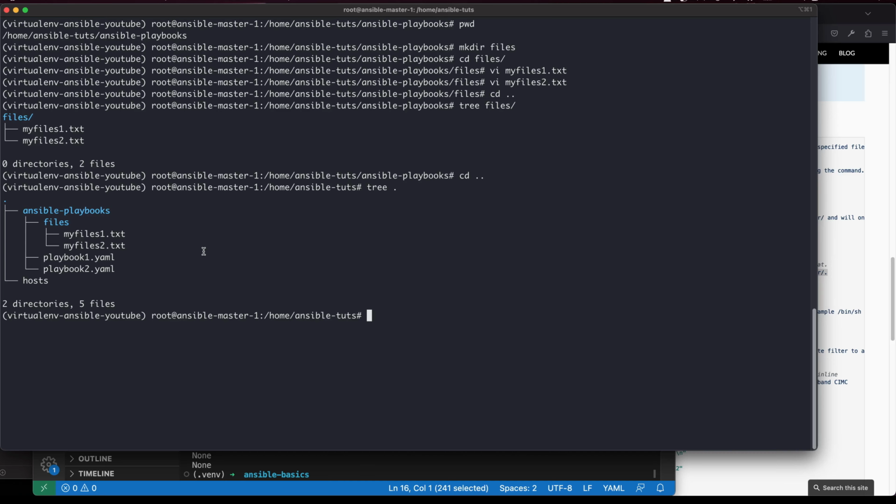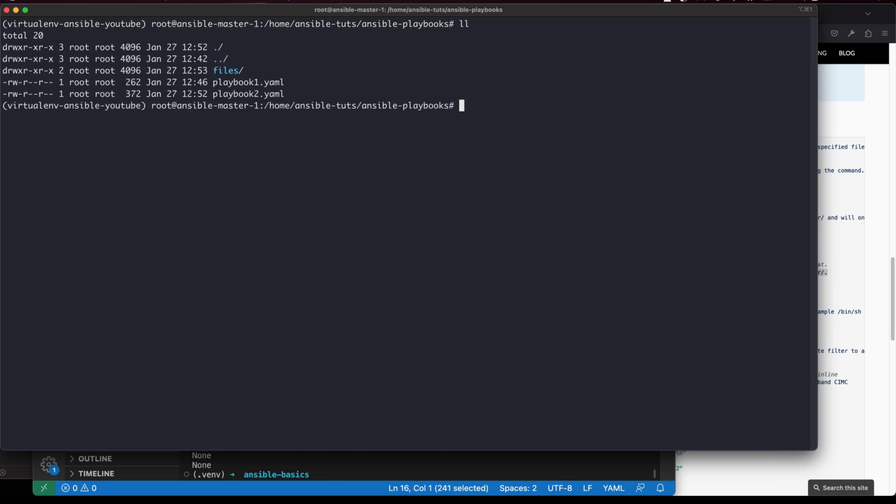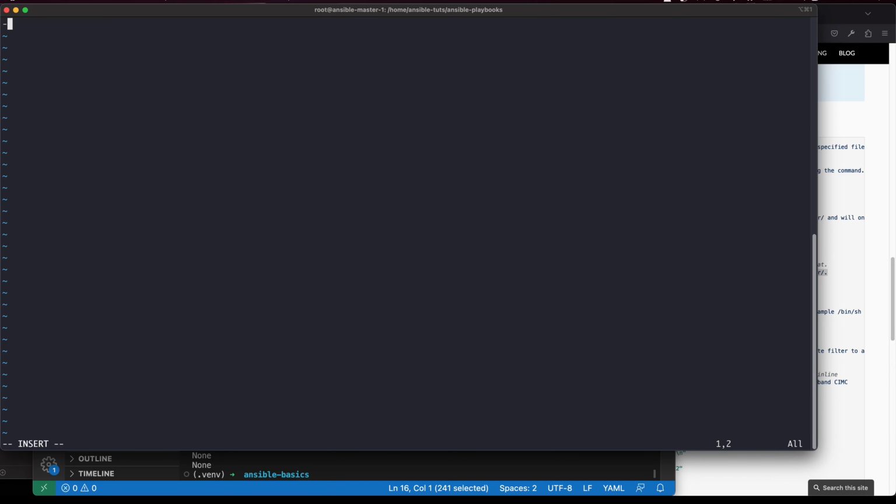Okay, so cd Ansible Playbooks, let me open playbook read.yml. Name: copy files. We're gonna use a module called template here,